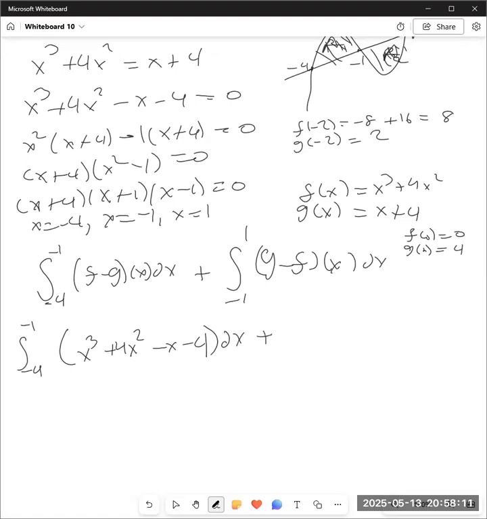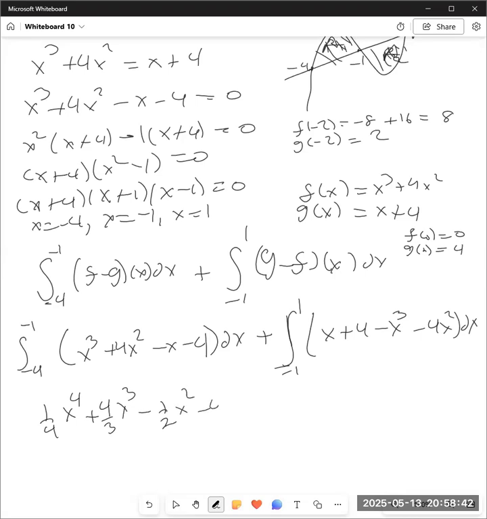dx plus... from -1 to 1. That's going to be g minus f, so that's x plus 4 minus x cubed minus 4x squared dx. That's going to be, from -4 to -1, so that's 1/4 x to the 4th plus 4/3 x cubed minus 1/2 x squared minus 4x